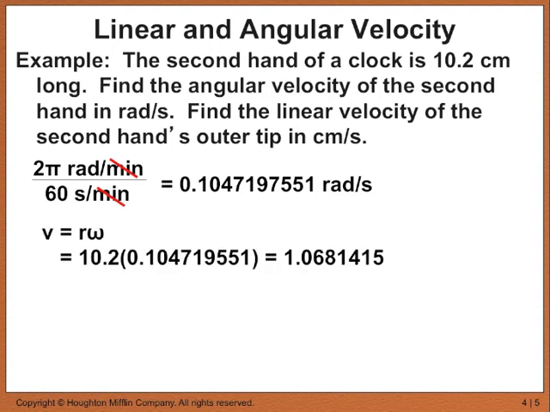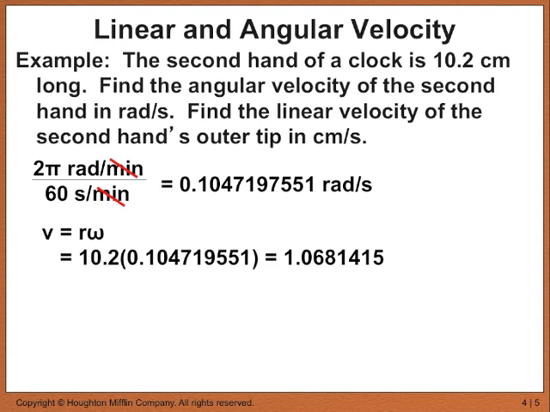V equals R omega. R is 10.2 centimeters. Omega is what I just found, 0.10471975551 radians per second. And then when you multiply those, you end up with 1.06811415. Okay, now that's in centimeters per second, but I'm going to write that when I write my final answer